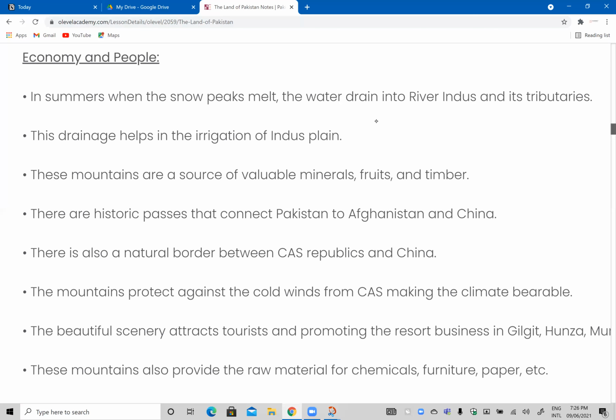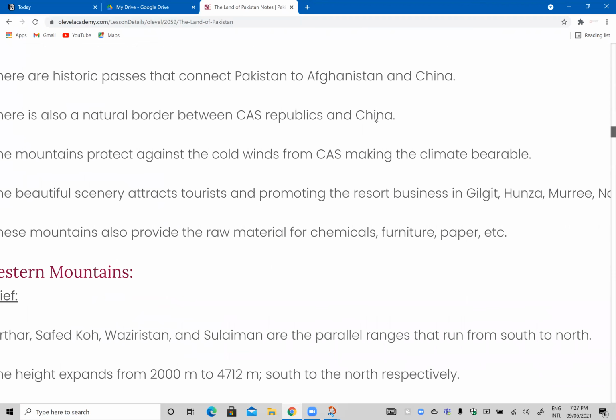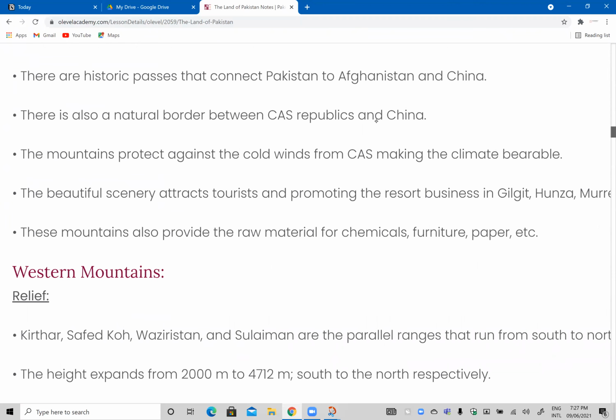The mountains protect against the cold winds from the CIS, making the climate bearable. Pakistan has a very moderate climate in summers as well as in winters. Yes, it gets cold on the northern mountains, but if you talk about the plain areas, the plateaus, the cities, Punjab, Balochistan, Sindh, the climate is moderate. It gets hot in summers, but not really, because if you compare the climate of Pakistan with the Middle Eastern countries, Saudi Arabia, UAE, the climate there is very